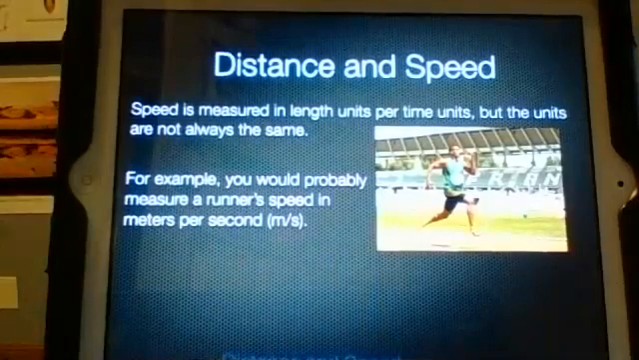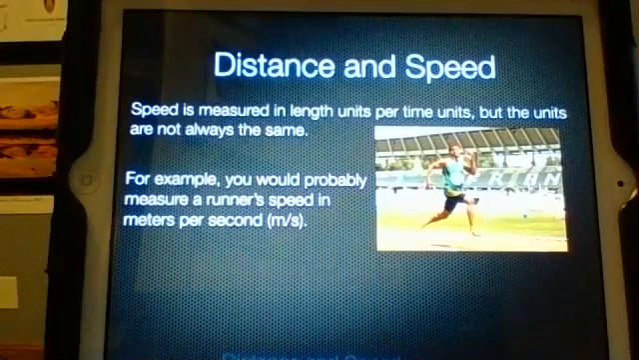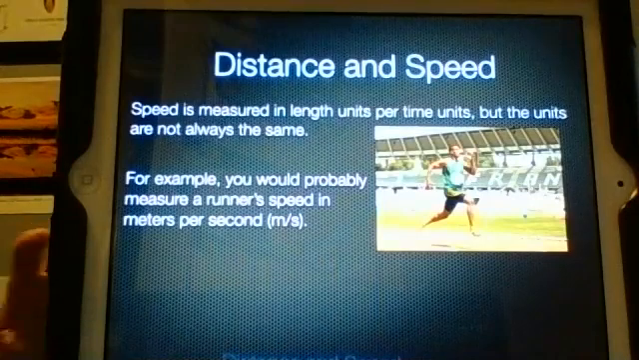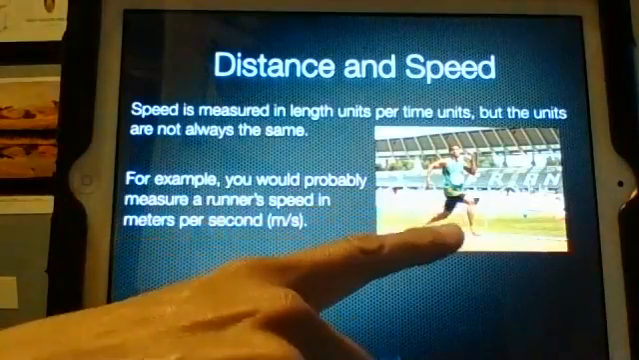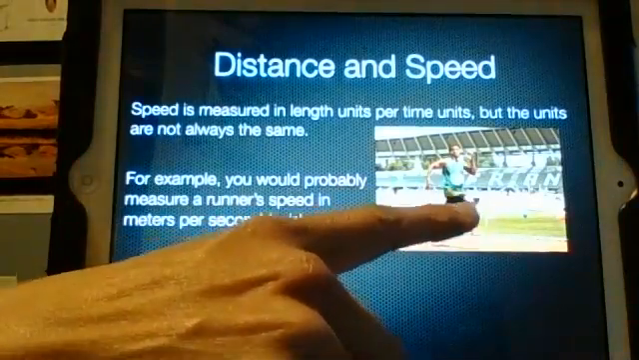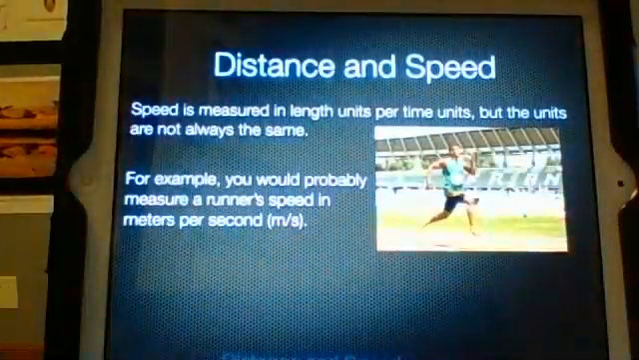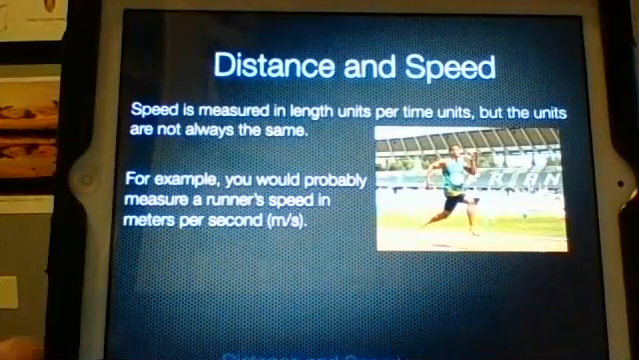Now, speed is measured in length units per time units. That would be like meters per second, miles per hour, and they're not always the same. We change that depending on what we're measuring the speed of. So for instance, this runner right here would want to measure their speed in meters per second, because most races are meters or